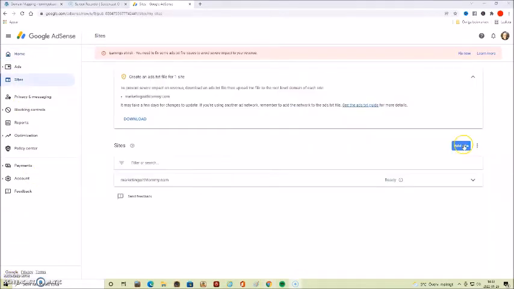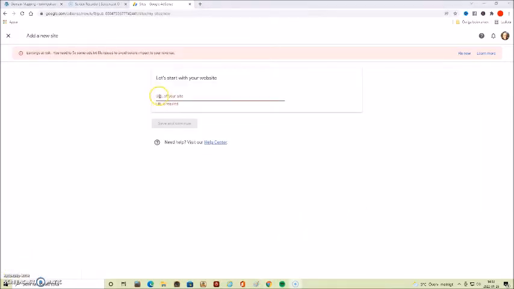You click on the blue button, add site, and you put in the URL for your site or blog. And then you click on save and continue.